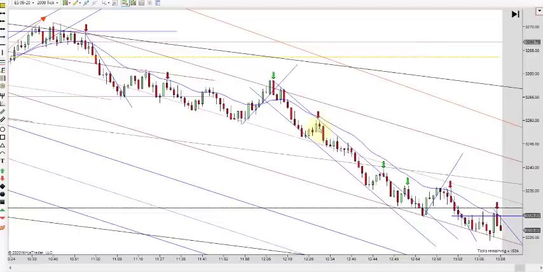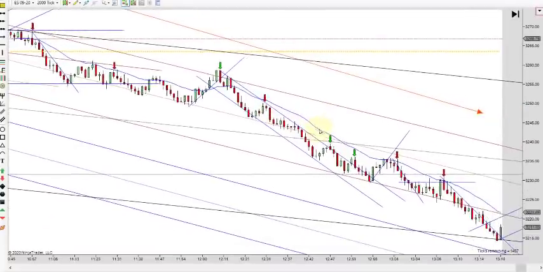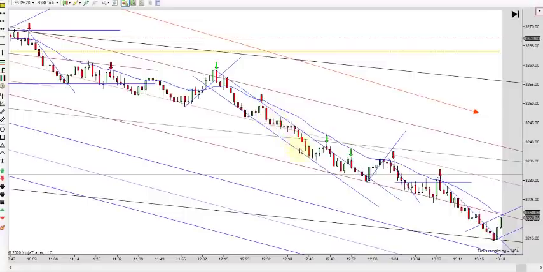Entry would be one tick below that bar right there, because that's where it turned down. That's where the failure begins. So your entry is where the failure begins, one tick below the bar it breaks below. And we're moving down, down, down. You don't want to be getting short right into that midline.